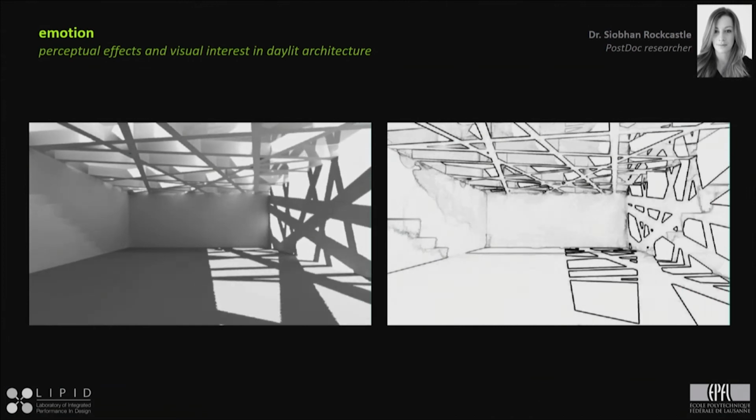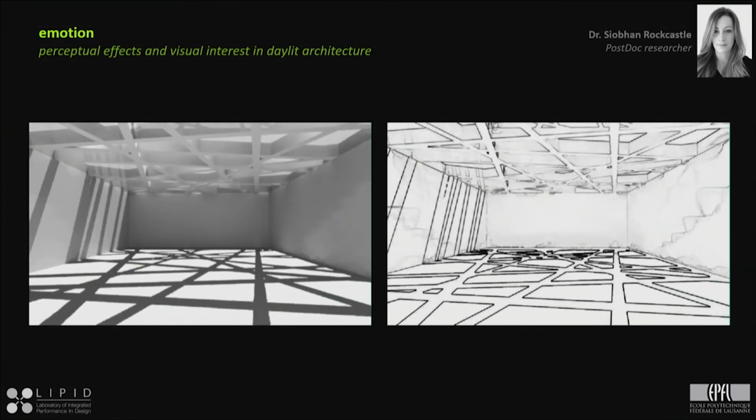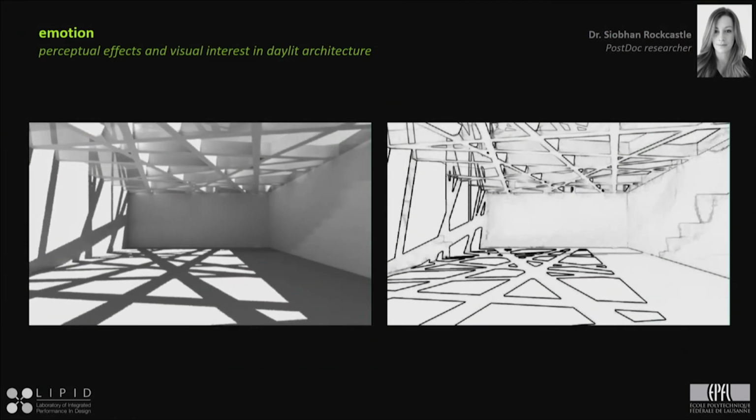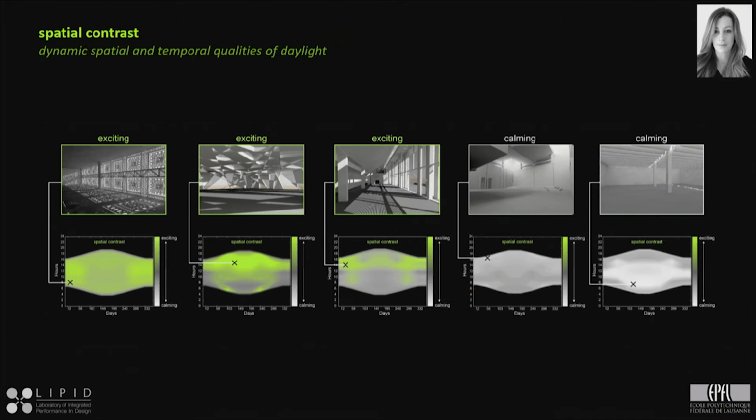Now, the third pillar, as I mentioned before, is related to emotion. And in this case, what we take a particular look at is to celebrate contrast as something that is sometimes desirable. When we only look at daylight distribution from a perspective of visual comfort and illumination, we might forget that actually we may want to have some sunlight pouring in, some contrast, some moving shadows, and that this is actually something that is desirable. We have beautiful examples, numerous examples of architecture that celebrate this effect,